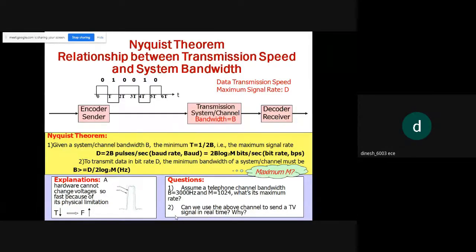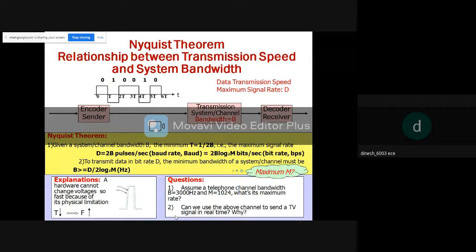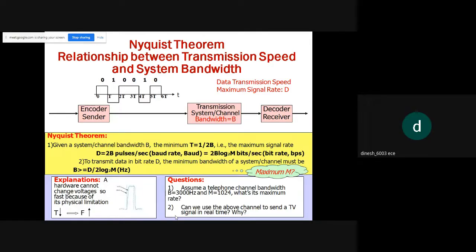So we have an encoder, we have a transmission system or a channel bandwidth, we have a decoder receiver. So I send a signal 010010. Okay. So how to interpret with Nyquist theorem is that given a system or channel bandwidth of B, the minimum T will be 1 by 2B, the maximum signal rate D will be 2B pulses per second, which